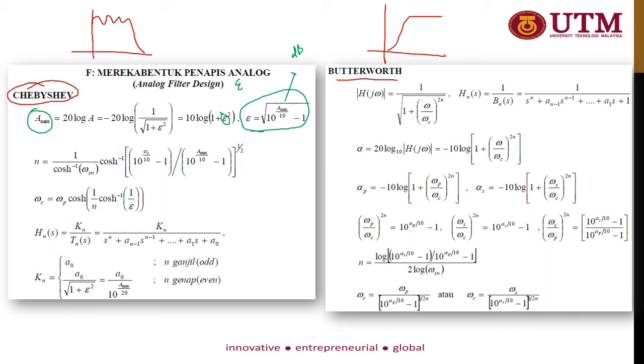Same goes for the n, the filter order number, and this is omega Sn, the normalized frequency. Omega Sn is not equal to omega S, so it's different. It depends on the type of filter you have, whether it's low pass or high pass. So you need to refer to a table to get the actual equation of omega Sn depending on the type of filter you have. And alpha S is the stop band gain, and Mx is the magnitude of your ripple,